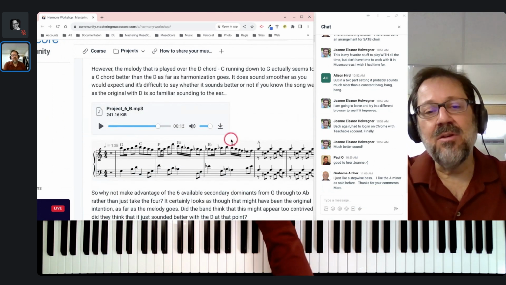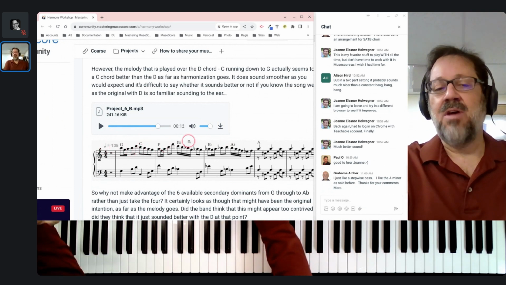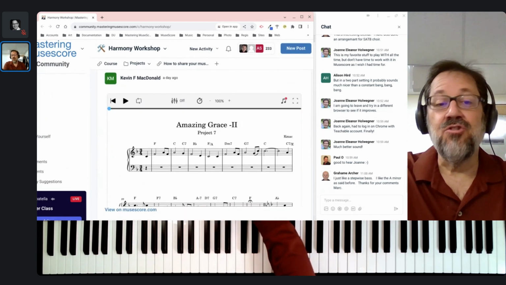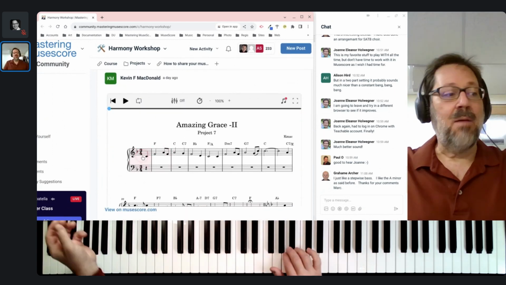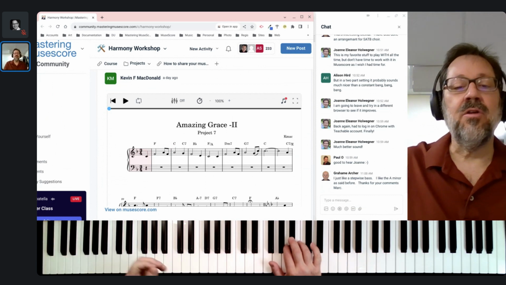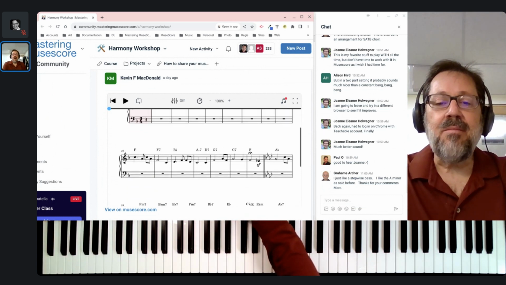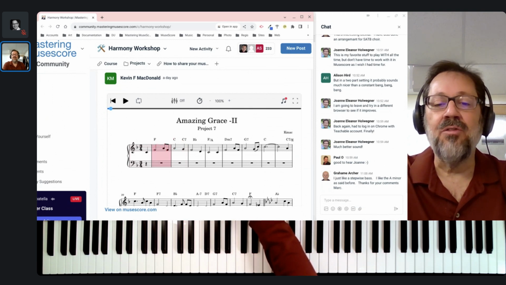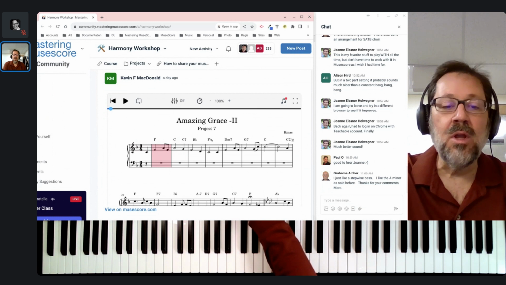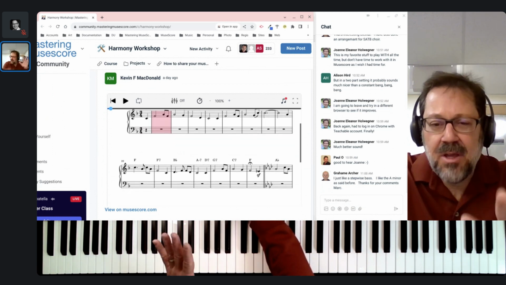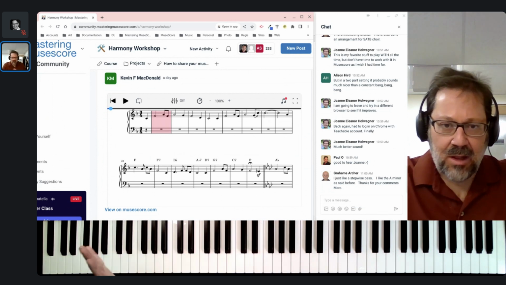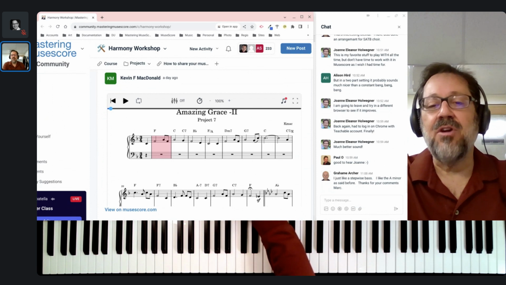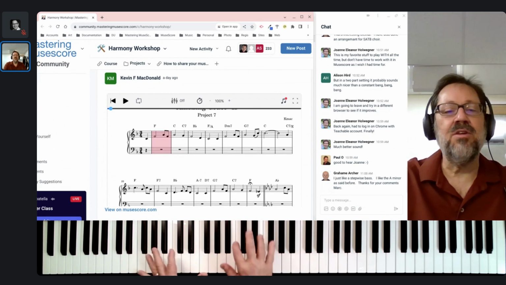So anyhow, this circle of fifths is taking us away from the tonic, which is unusual. It's perfectly fine to do. It's just unusual, and it's not secondary dominants as far as that goes, but it's still relying on the circle of fifths. All right. I'm going to play through Kevin MacDonald's Amazing Grace here, which is also very well done. He's got modulations in it, which is kind of cool. It's not necessarily directly relevant to what we're talking about, but it definitely makes it interesting. But he ends up with different harmonizations in each of the keys. So I'm going to play through this thing now.